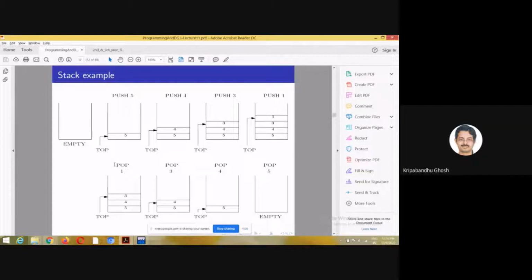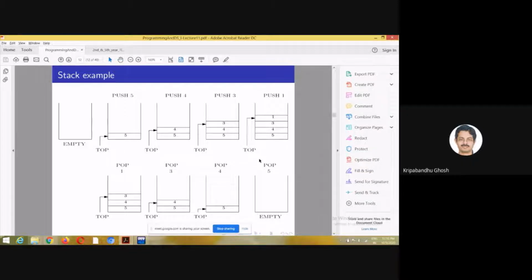So if I do pop for the first time, 1 gets popped out. Then 3, 4, 5. So first 1 goes out at the first pop, in the second pop 3 goes out, the third pop 4 goes out, and the final pop 5 goes out.